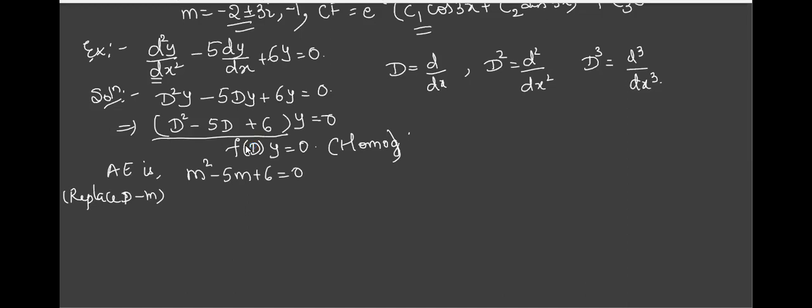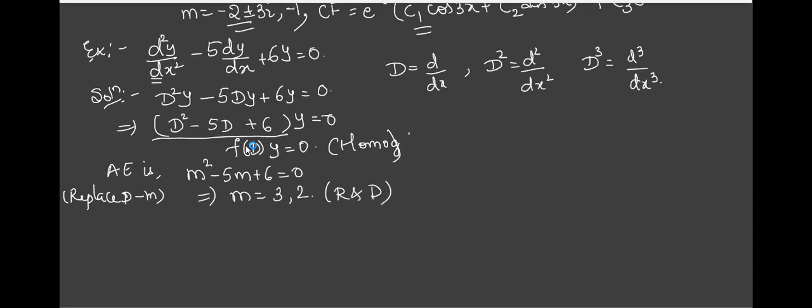And you should learn how to find CF. This is there for all the problems. For all the problems we find the complementary function. Now, this is a quadratic equation. You have a calculator, right? Solve it and tell me what the roots are. 3 and 2. Now just see their nature. Which type of numbers are they? Are they real or complex? Real and distinct. Yes, they are real and they are distinct.